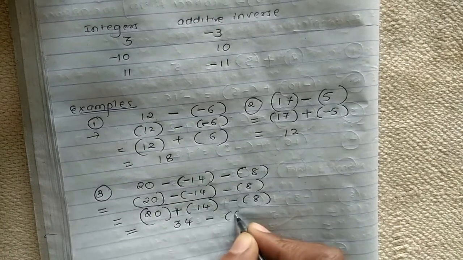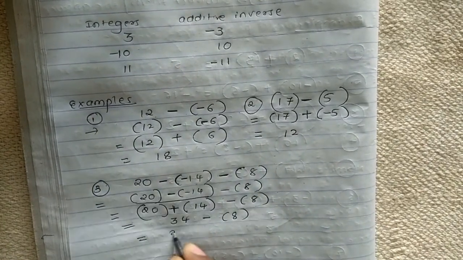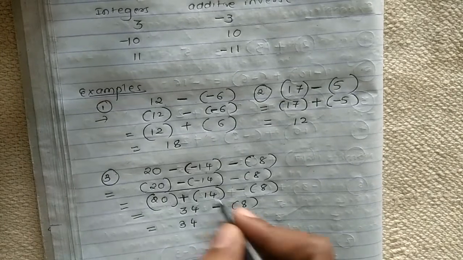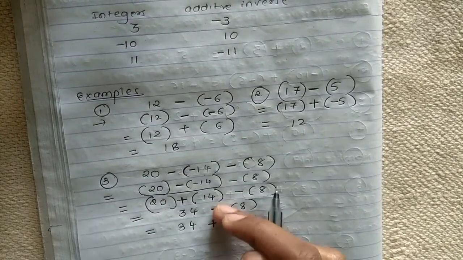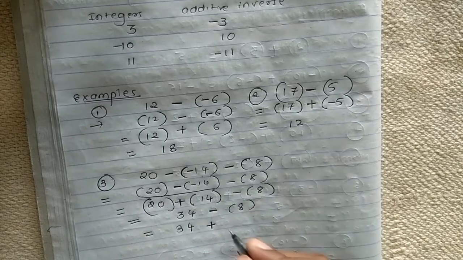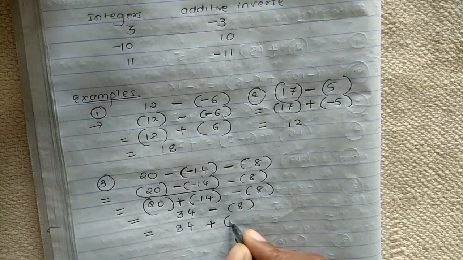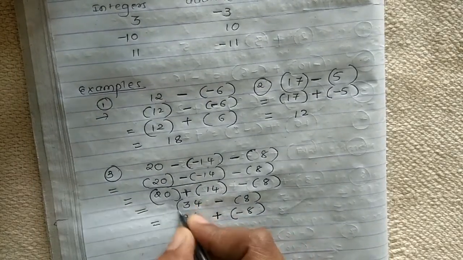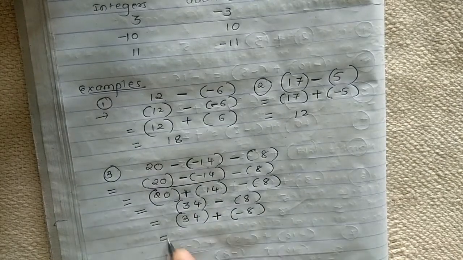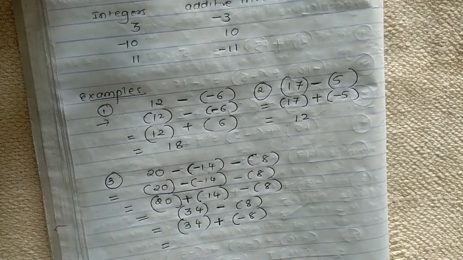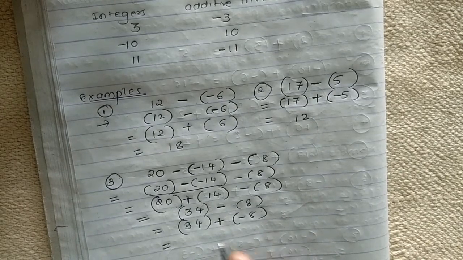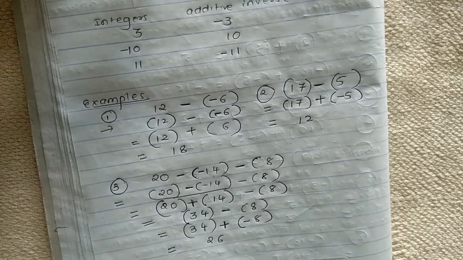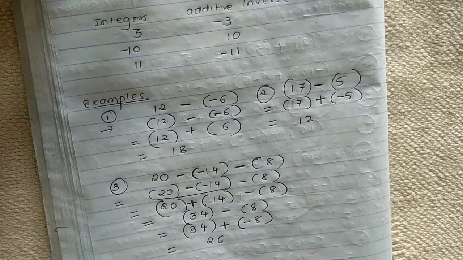Now we are going to subtract this 8. So 34 will be kept as it is. Instead of subtracting, we will add. We convert the subtraction into addition and we add the additive inverse of 8. The additive inverse of plus 8 is minus 8. Now here it is plus and here it is minus. To avoid confusion, you can put this integer also in brackets. One is plus, one is minus, so we must subtract them. 34 minus 8 is 26, and give the sign of the greater number, that is 34, which is plus. Suppose 34 had a minus sign, then you would give the minus sign to the 26.